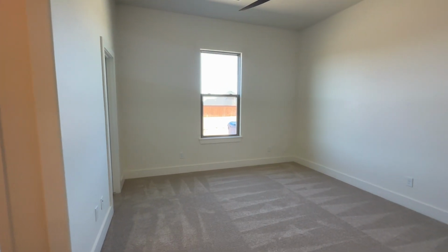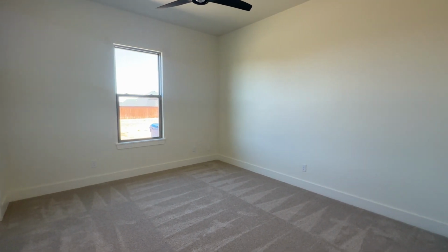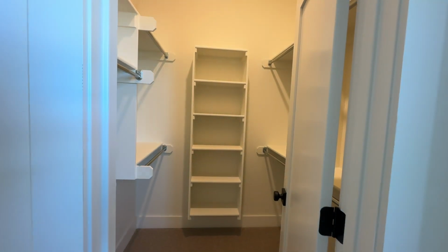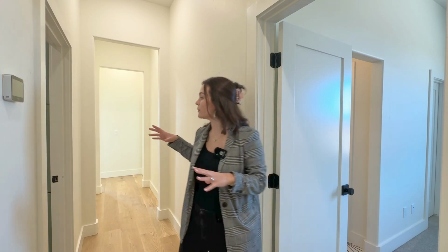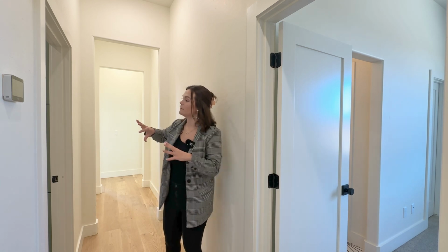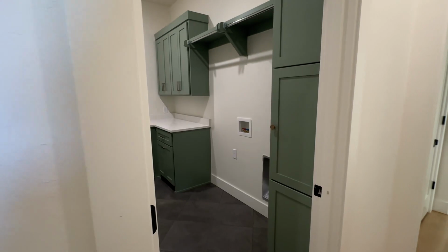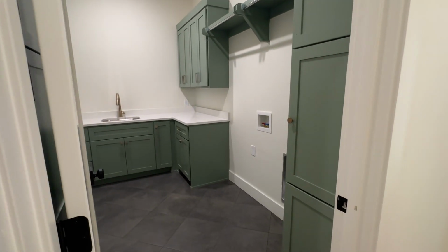We've got this first bedroom here, the front, really just a nice size extra room. It's got a window, it's got a fan, it's got a really nice walk-in closet. It's connected by a Jack and Jill bathroom to another bedroom, but also right here to the right, we have this really open and expansive laundry room that keeps that green color from our drop zone, but it's got